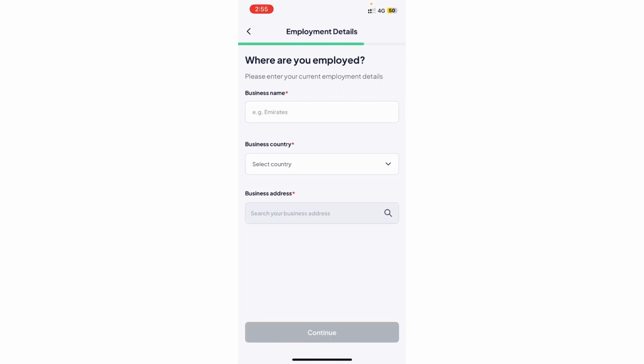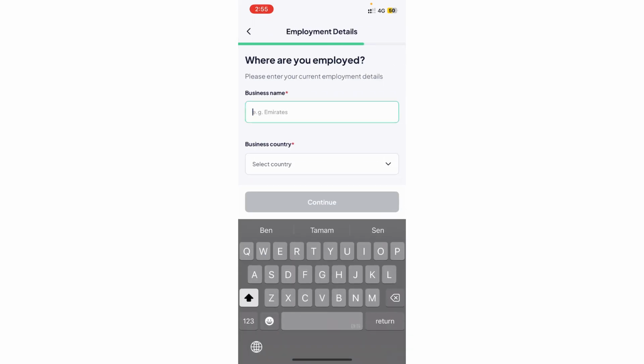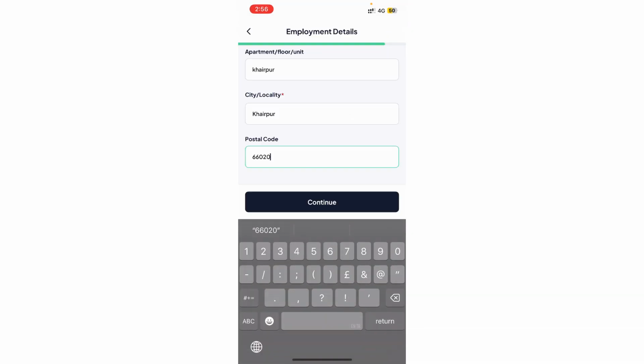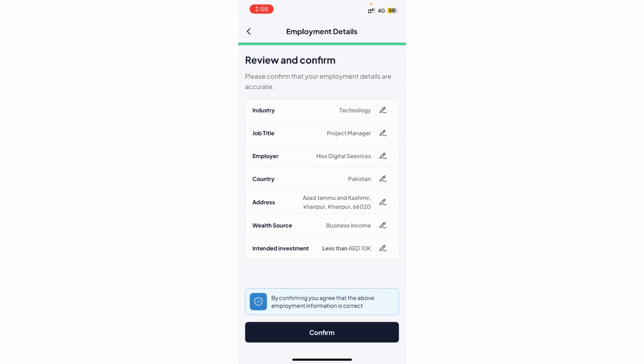So as you can see, we have to provide the business name here. For example, I'm going to write my business name here, H6. So after providing these details, we have to provide the business address here. So now after providing all these details, we have to click on the continue, and after clicking on the continue, as you can see, we have provided all the details. Simply we have to click on the continue again, and after that then we have to follow the next step,